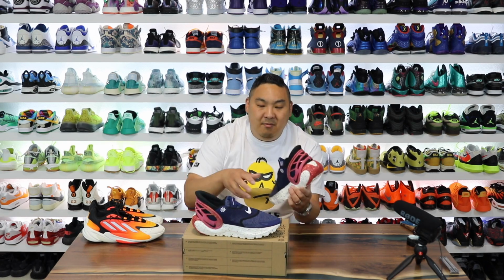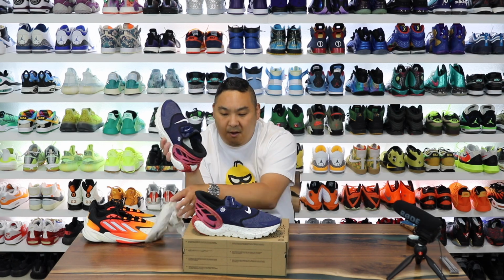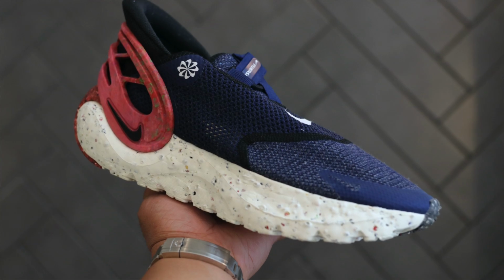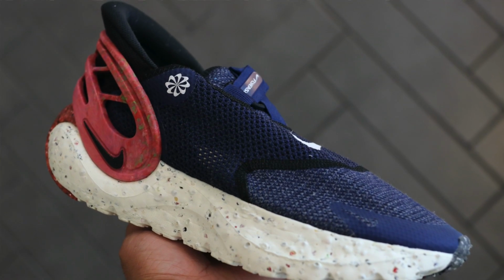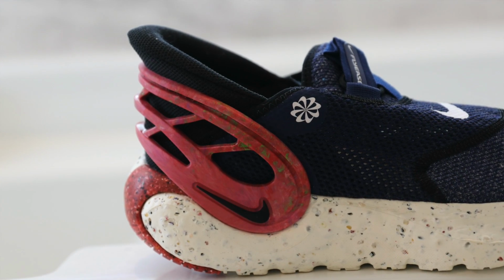Also, it's very minimalistic on the inside. There's no paper. They do have paper inserts in the shoe, but there's no paper wrapping them and stuff in the box. Anyway, this is a recycled pair of sneakers, from the regrinded bottoms to the recycled Zoom X on the insole. But the part that caught my eye the most was the fact that this was a FLYEASE version,